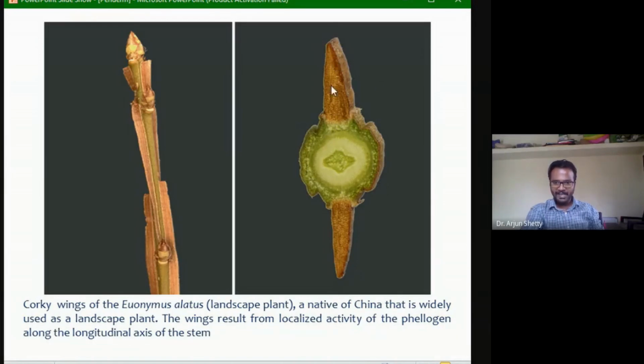Just see the wings of this region and this region. Are you all able to see this complete region? Don't get confused with this particular center one. This region and this region, both regions have